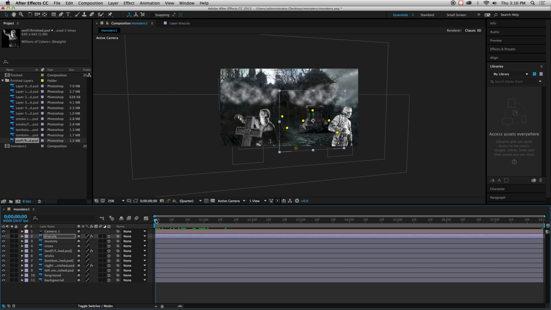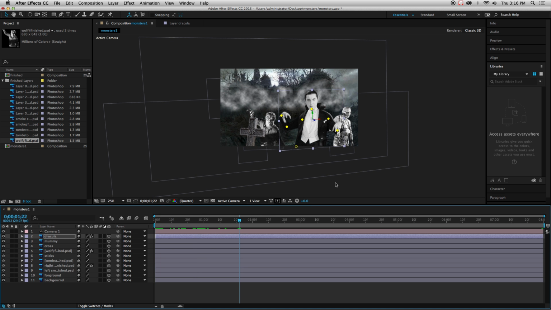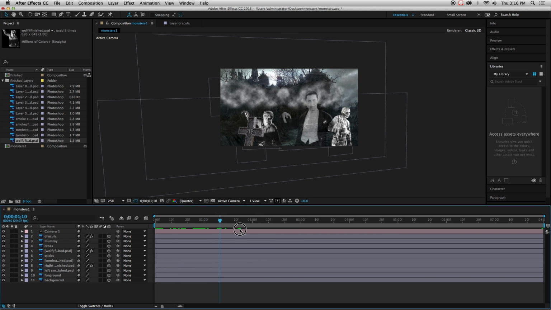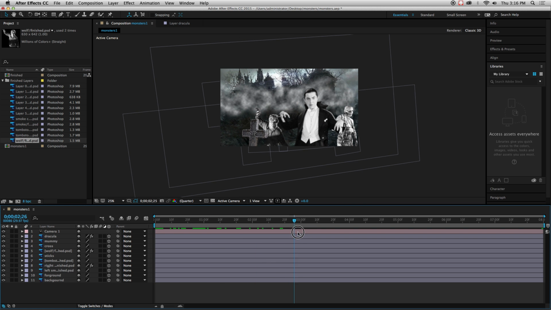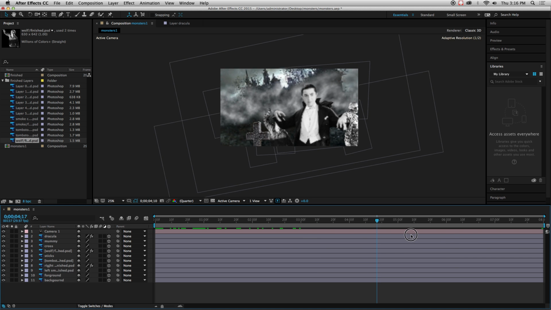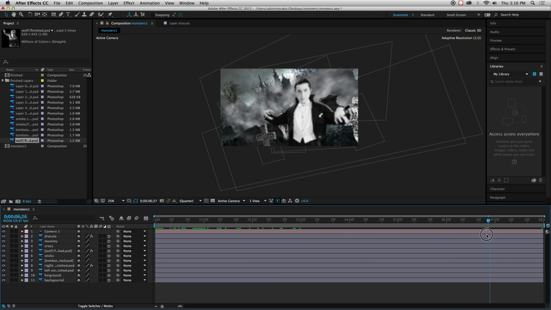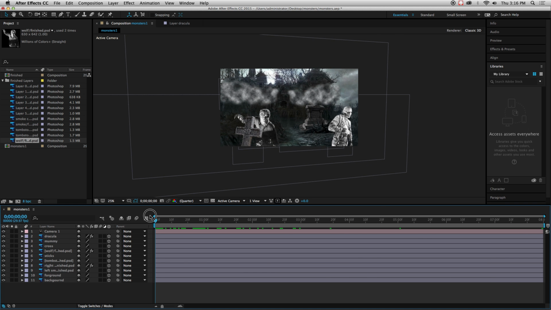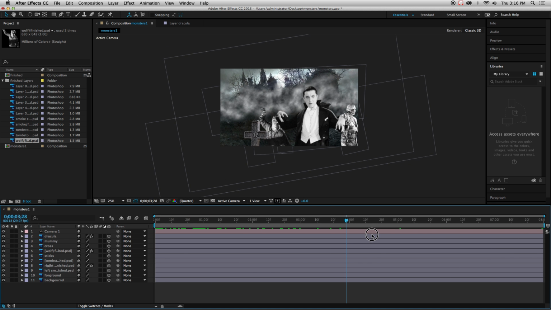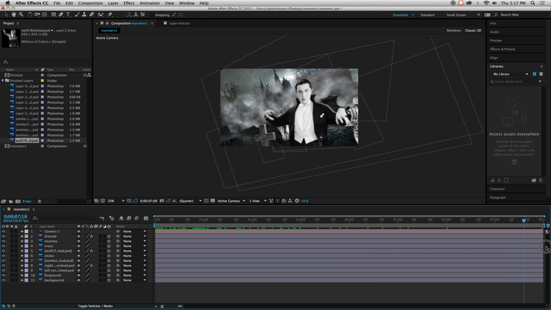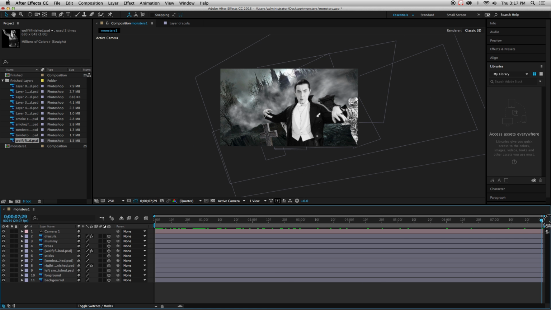So now we've got a pretty complete animation: camera motions, layer and object animations, and some puppet tool, which gives you a little more control, a little more subtle control, realistic motion of my characters. All right, and here we go. Next, we'll show you how I can add a